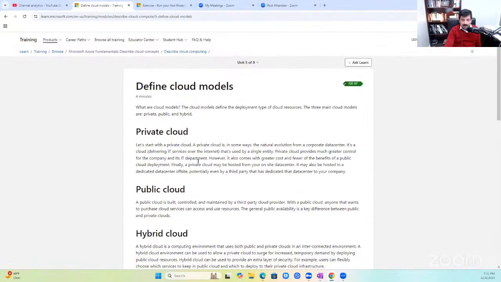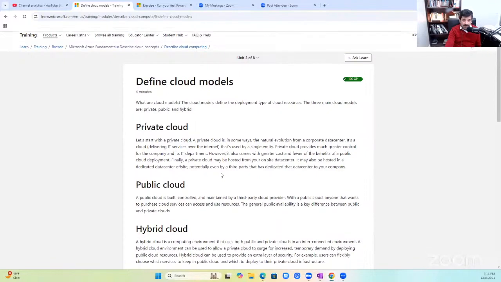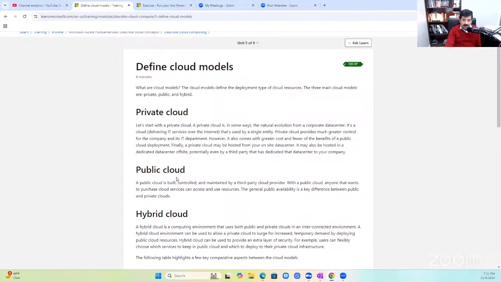So, cloud models. There are different types of clouds. There's a private cloud. A private cloud is where you have set up your own cloud and you are responsible for everything. Chances are you will work for some third parties, so they may set up an exclusive cloud for you. Here you have the whole control. Then there's a public cloud. Public cloud is where you are using Microsoft Azure to deploy your applications on their premises.